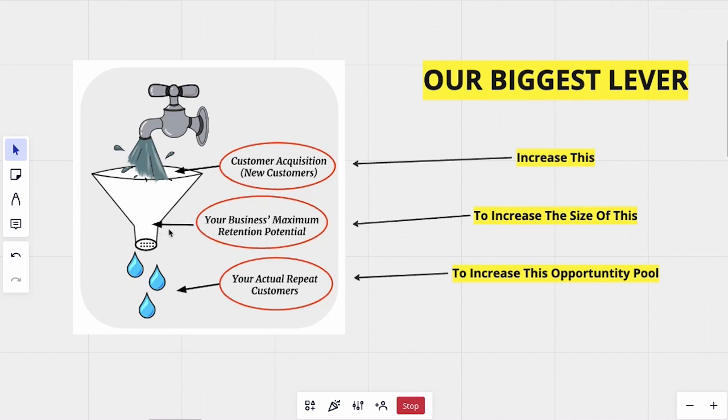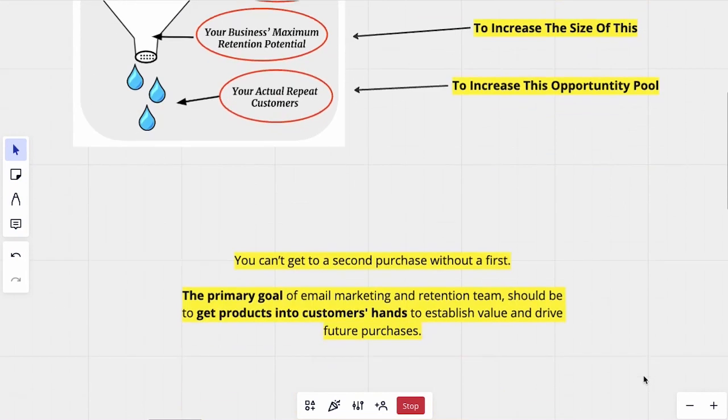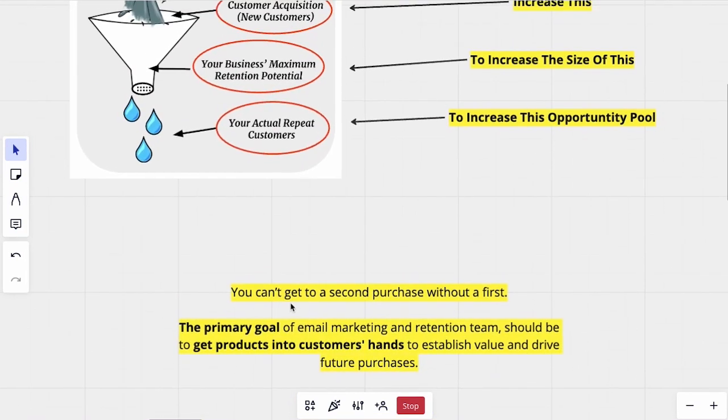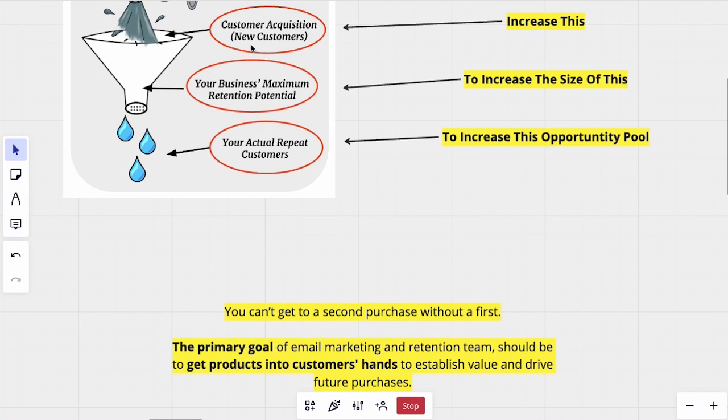business's maximum retention potential, because the more product that we get into hands, more prospects that we can turn into customers in the welcome flow means that we have a lot more people here, which increases the opportunity pool of repeat purchases, right? So obviously we cannot get a second purchase if we don't get the first purchase. So what we want to do is maximize as many first purchases as we can so we can get more